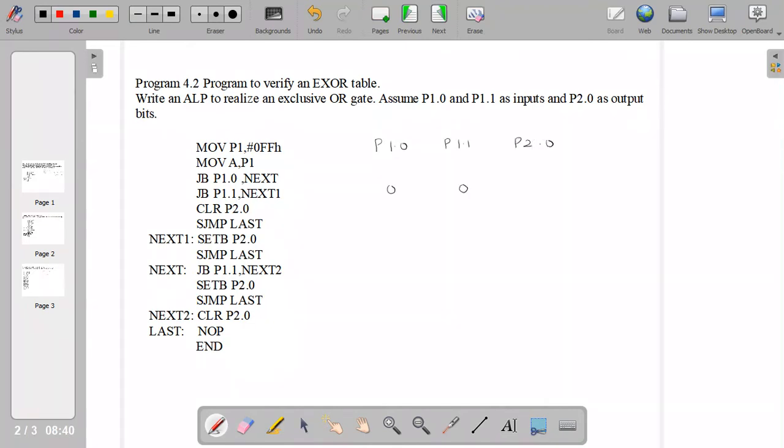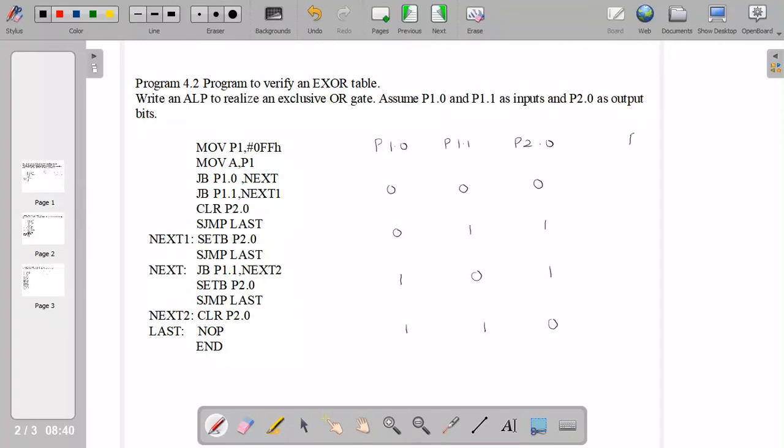The truth table of the XOR gate is: for the 0, 0 combination of input we have output 0, for 0, 1 we have output 1, for 1, 0 we have output 1, and for 1, 1 we have output 0. As shown in the program, we can load the value to port 1.